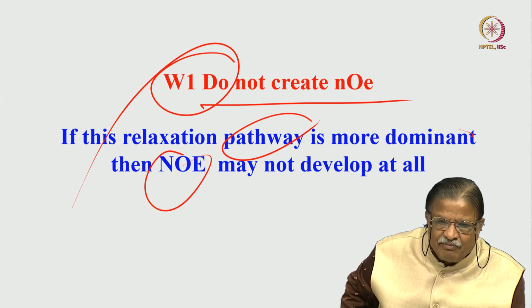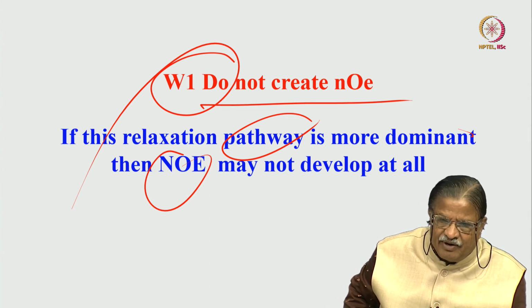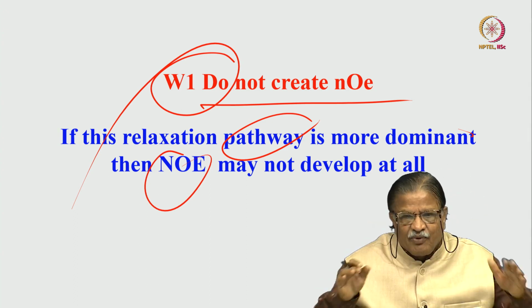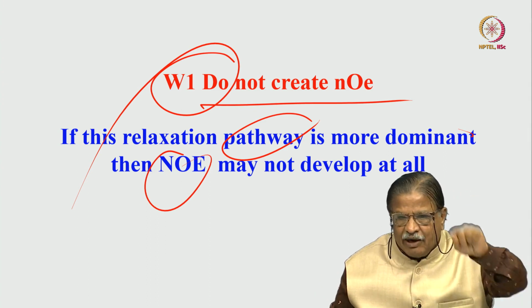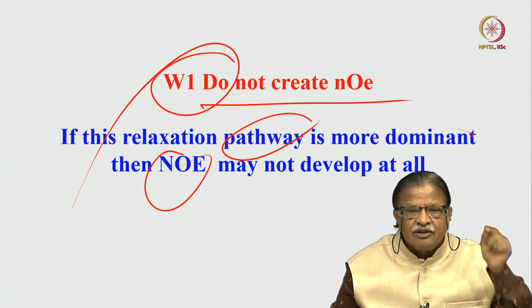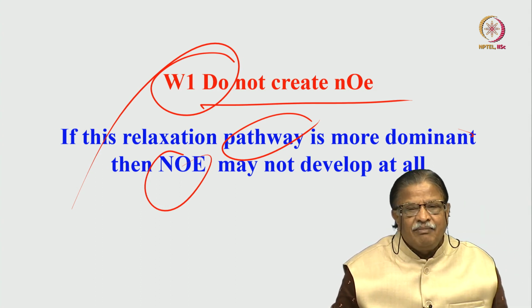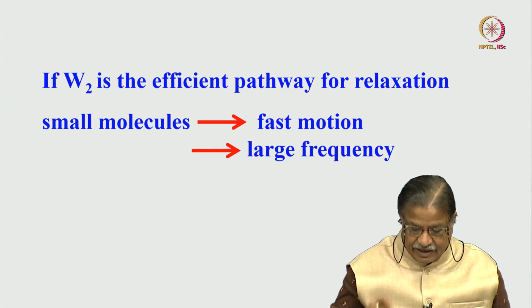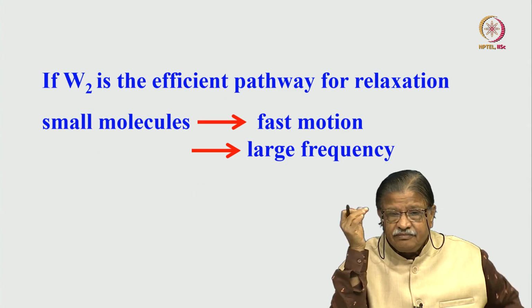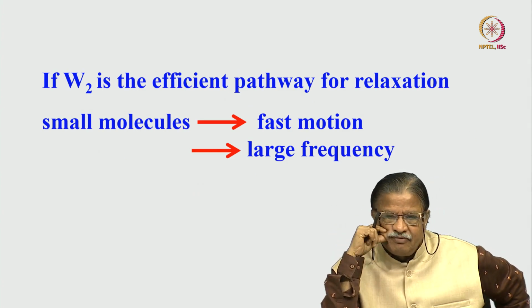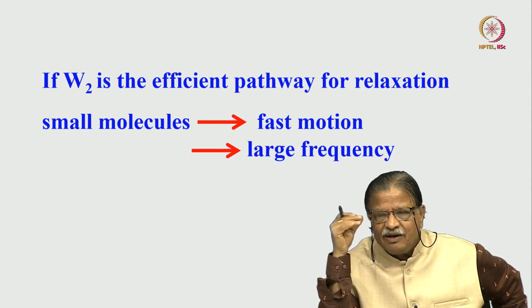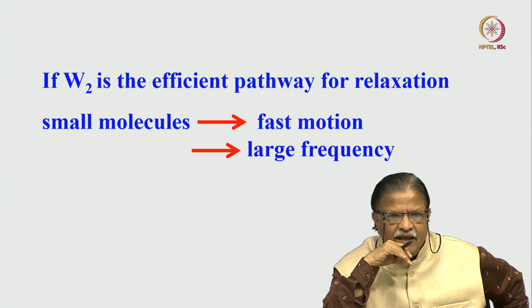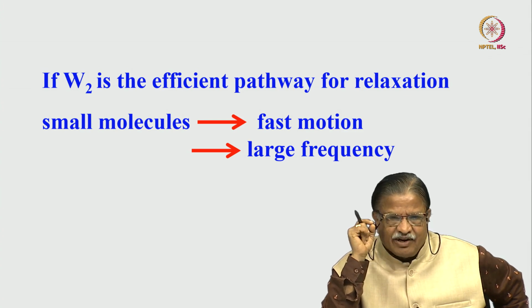So in any given molecule or spin system of your interest, if you want to see NOE, the spins must relax through the double quantum pathway or the zero quantum pathway. That is an important condition. Okay. When will it happen? When is W2 dominant? When is W0 dominant? If W2 is the efficient pathway for relaxation,